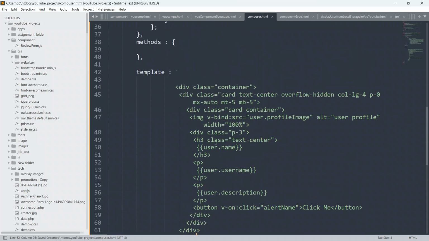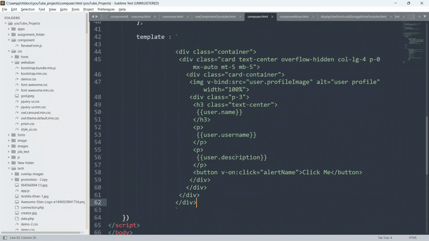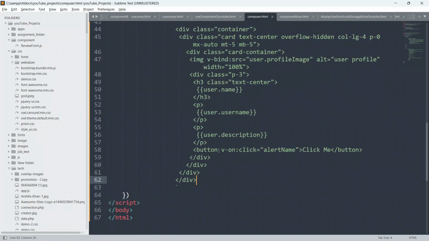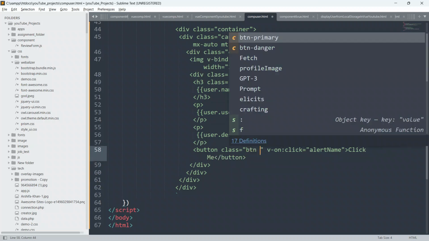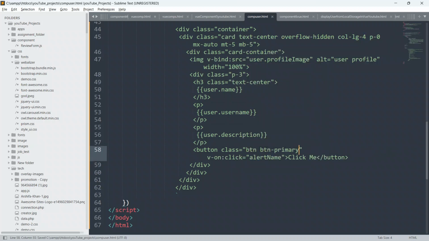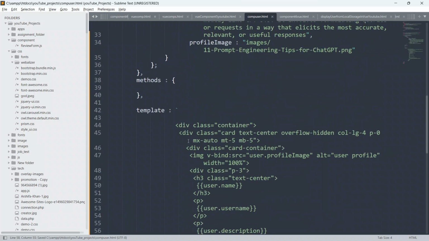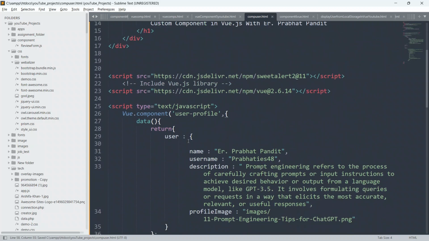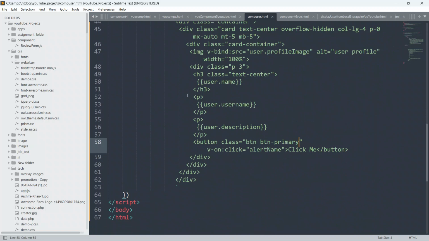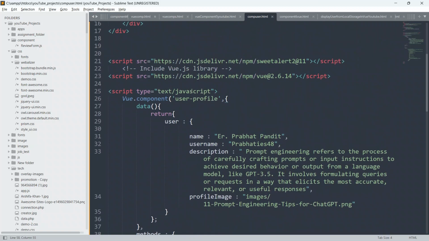We will give a class also to this button just to look better. I will give btn and btn-primary. So guys, now we have to create our Vue.js instance also. We have just defined our custom component called user profile.